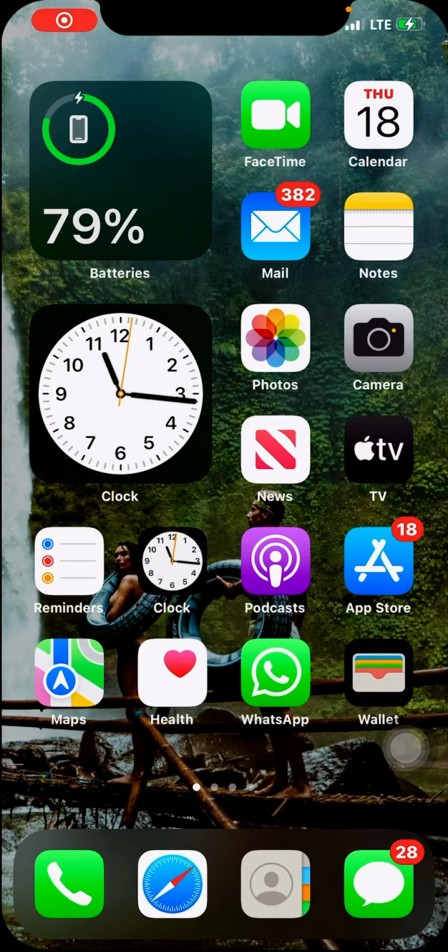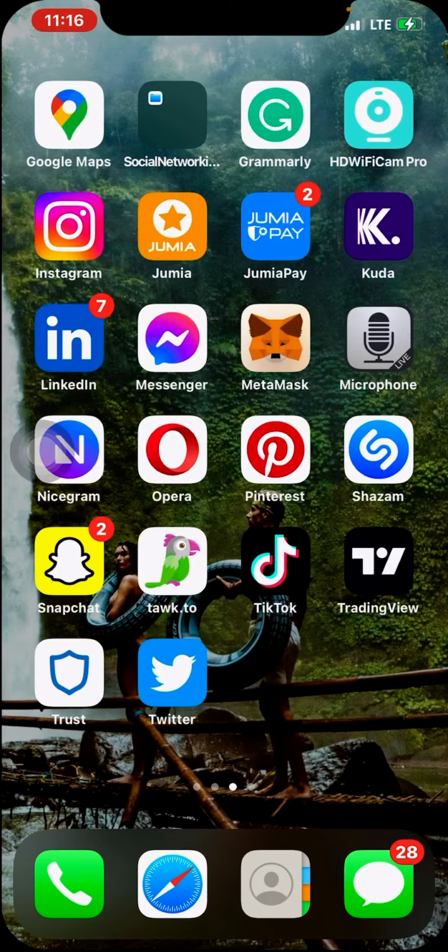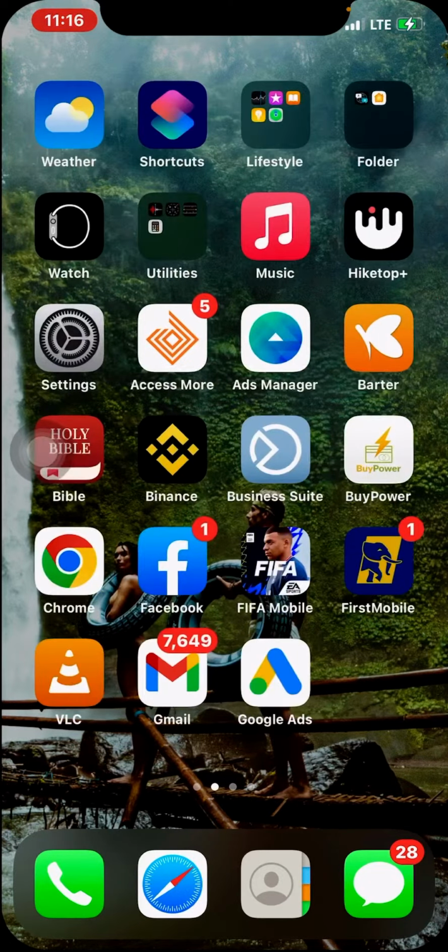Hello everybody. I want to show you how to hide your applications, especially in some countries where we have privacy issues. You can see a lot of apps here now. A lot of apps. So if you want to hide these apps without using any third-party app, you just have